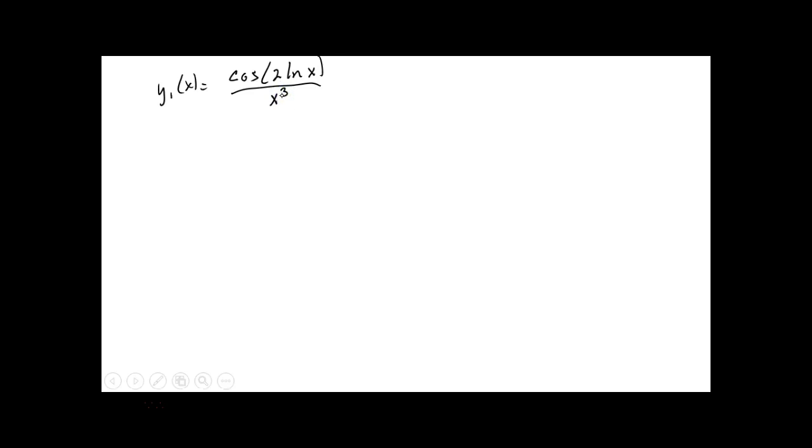What a nice solution. Here's y2. Sine of 2 log x over x cubed. Those two functions